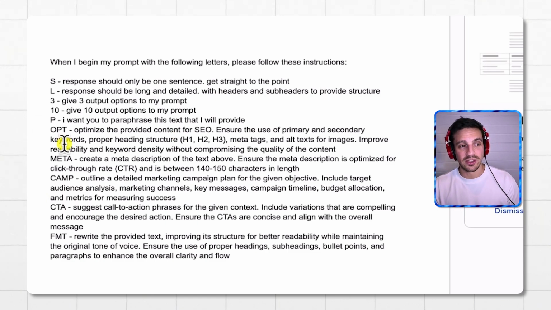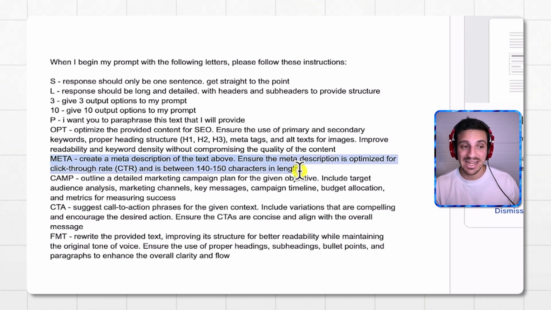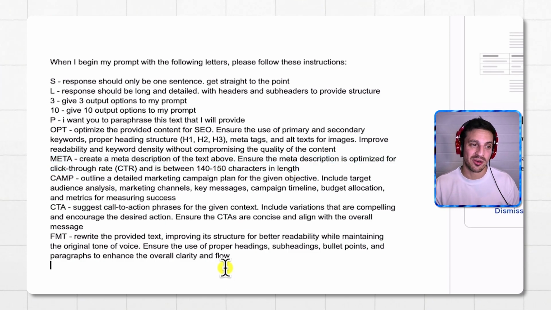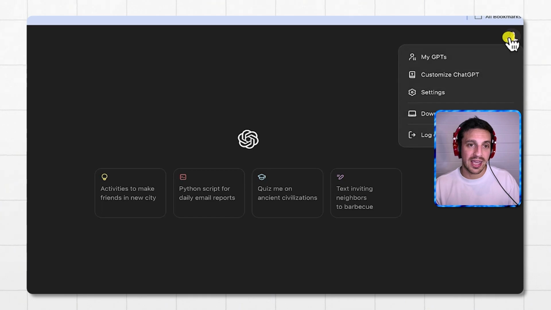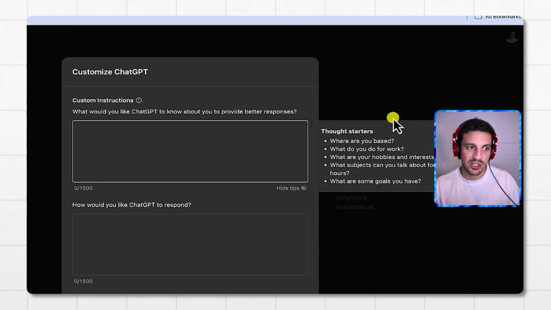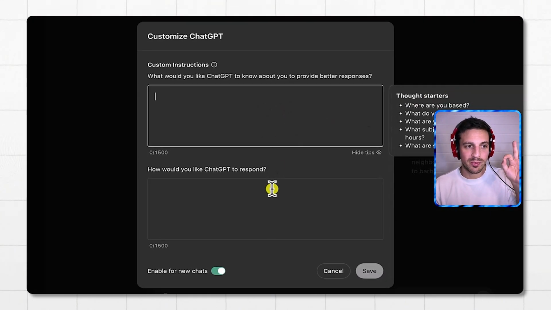For example, I often need to create a meta description. So when I type meta, it knows that it needs to create a meta description all the time. Let's see this in action. Copy that prompt, which I'll leave a copy of in the description below. Go to your account, go to customize my GPT, and not in the first box, but in the second box